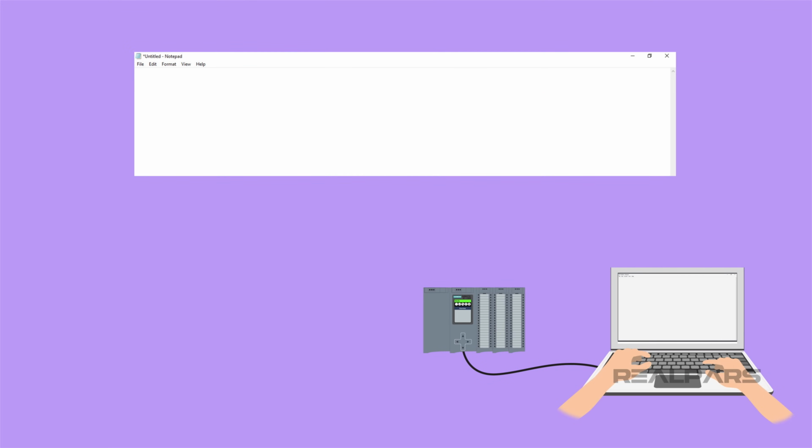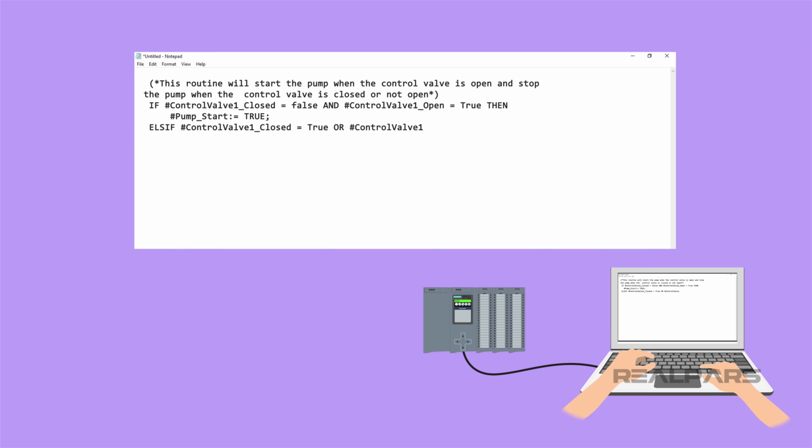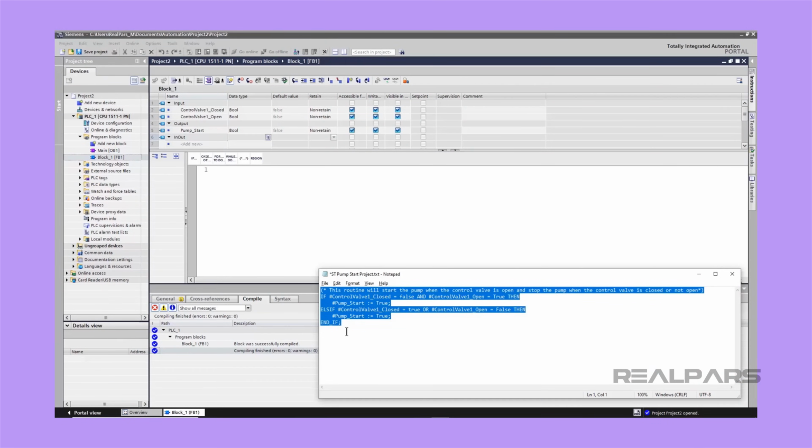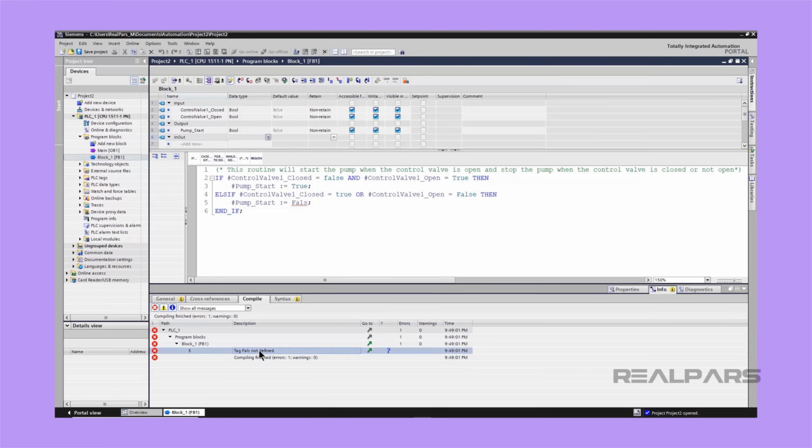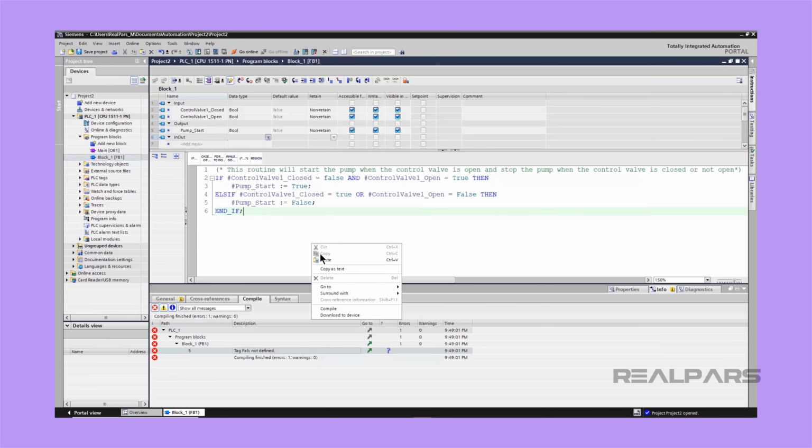Since it is text-based, you can write your project in a simple text file and copy and paste it into your PLC project when you are ready. This also makes editing your project easier when you are debugging. While this feature of structured text is useful, remember that without your programming software, like TIA Portal or RSLogix, you cannot compile and debug your program.